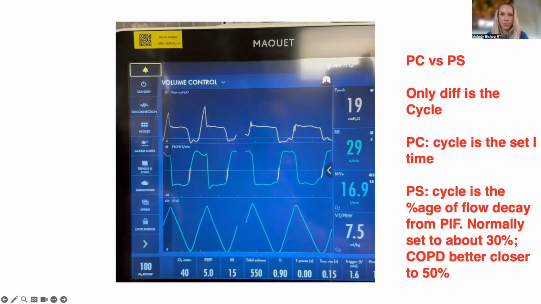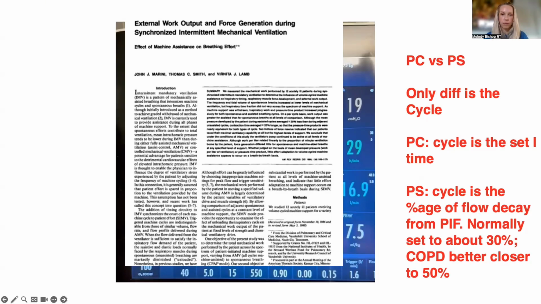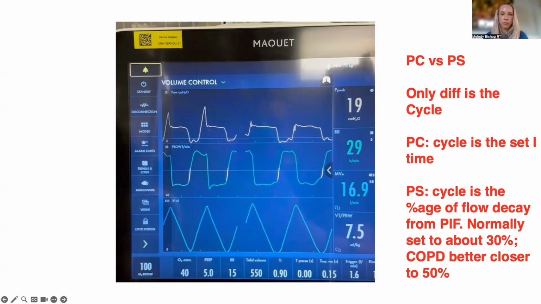Right. And I will show the paper and/or link it, there is evidence to suggest that that is true. I don't know how many patients were in the series, maybe it was small, but they dropped esophageal probes and calculated the pressure time product. So basically, they look at the esophageal pressure during inspiration, and if you integrate over time, that tells you how much work the patient is doing. So patients actually did more work on SIMV than other modes, because of what you're saying exactly, which is that the brain can't anticipate the loading pattern. It's one loading pattern with pressure control, and another loading pattern with pressure support, so it sort of is cheating the patient into working harder.